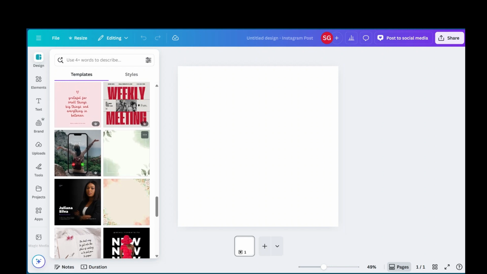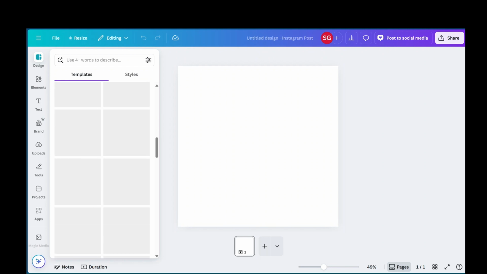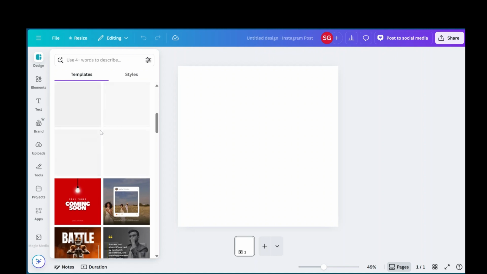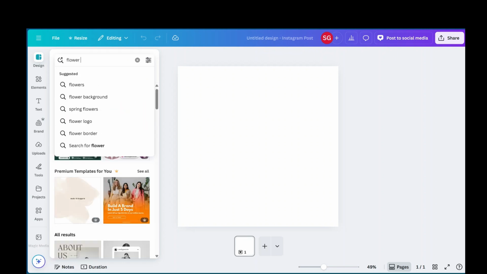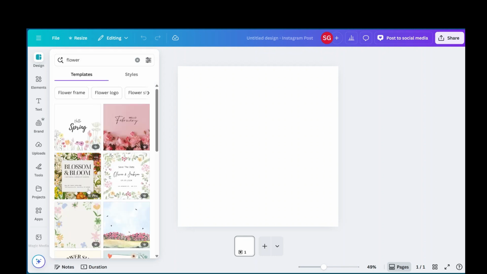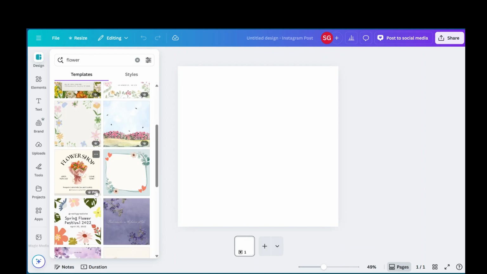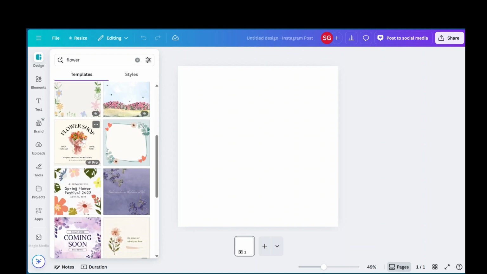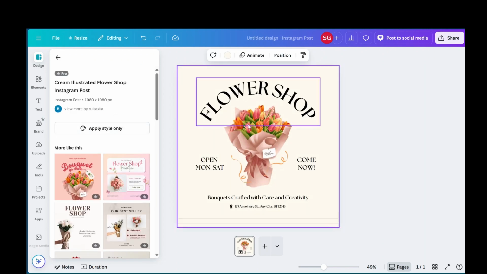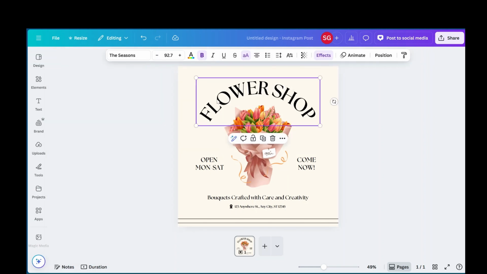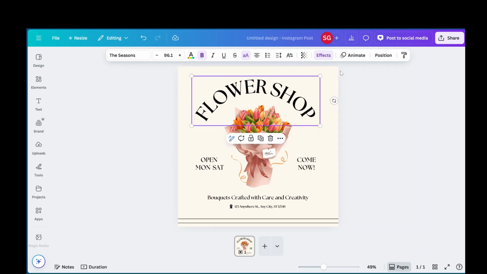Now, if you're looking for a specific type of template, the great thing is they have a search bar right here. So maybe let's say you need a flower type template. Maybe let's say you're a flower shop right here. This is cute. So you put a real flower right here because you're a flower shop and you're trying to sell your bouquets, and maybe you stretch this out